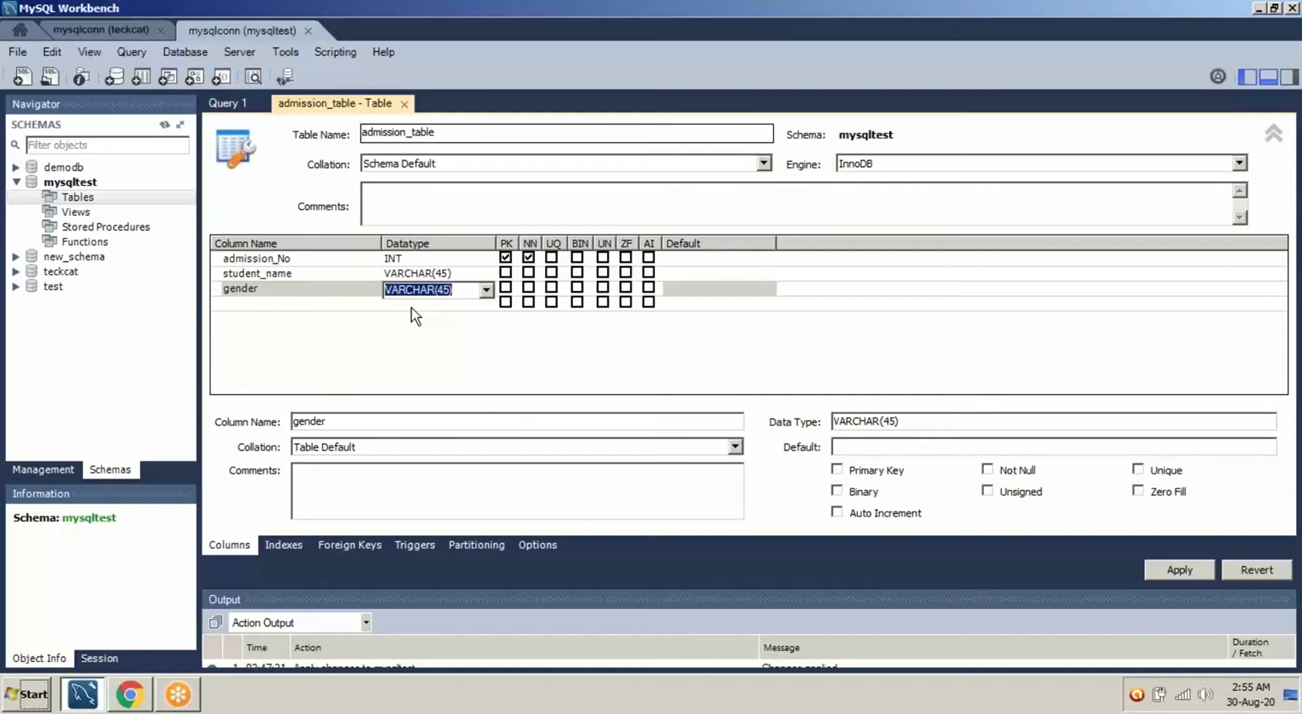So these are called fields. But the kind of fields is called the data type. Let me give you an example. Admission number should be in numbers. If it should be numbers, then we will be using INT, means integer values. Means you cannot write alphabets in the